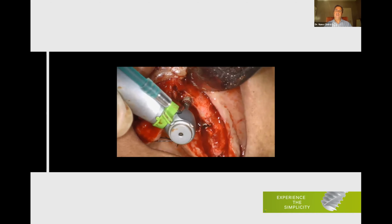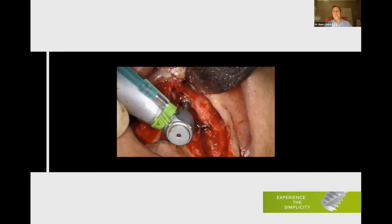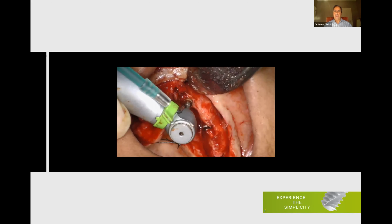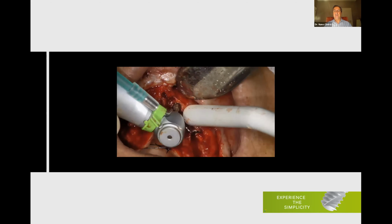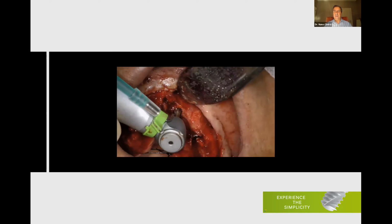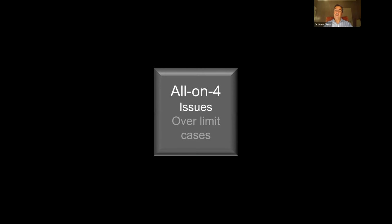hydrophilic characteristic of these implants. These implants, once they touch blood, they attract blood because they are hydrophilic. And now you see the bony expansion. And this bony wall expansion is due to the shape and to the anatomy of the